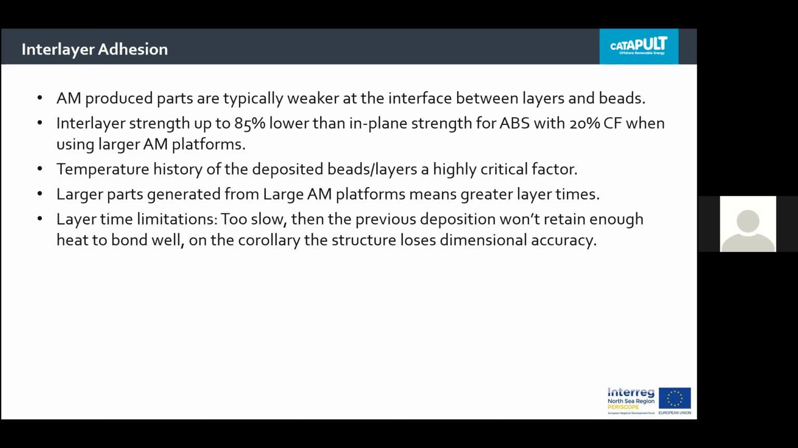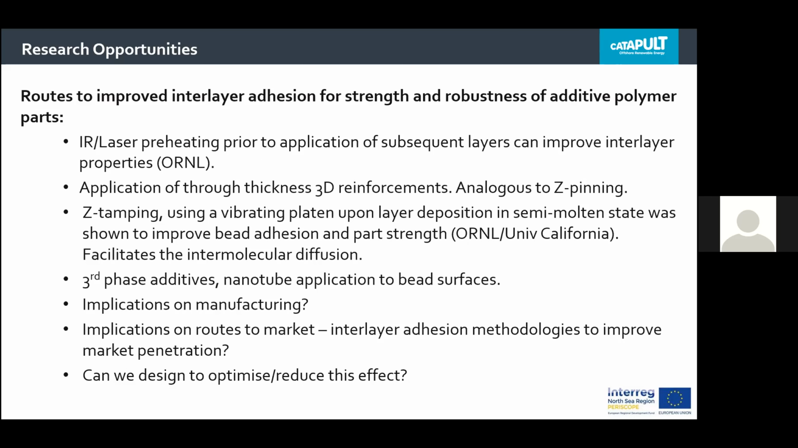So if we're too slow, then as I said before, you won't retain enough heat to get a good bond. So I think in the literature there's many approaches. It's not limited to these approaches, and I don't purport to have all the answers to this. But I see this as being a really, really deep research opportunity, especially in the case of large area